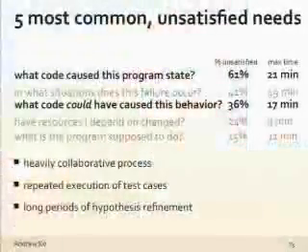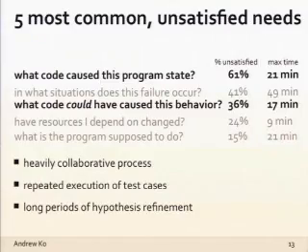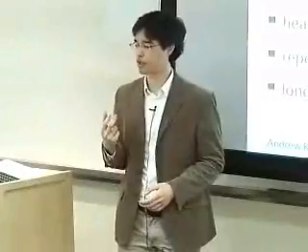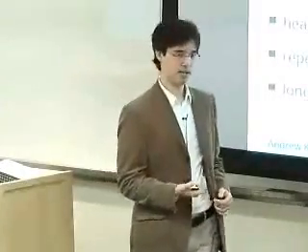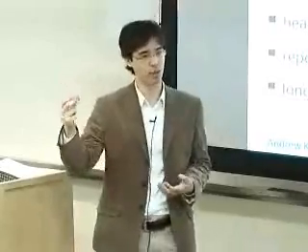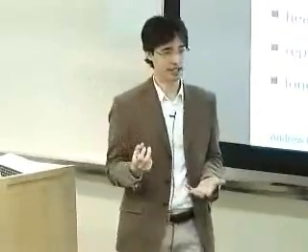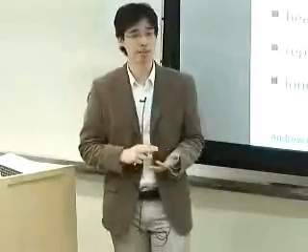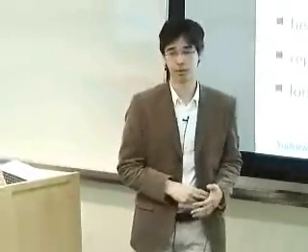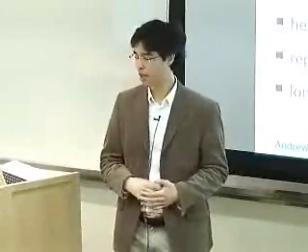And if we look at these, two of them had to do with this program understanding problem. The first one, and the most uncommonly found, was what code caused this program state? This is the classic notion of program understanding. Why did this variable get its value? Why are we here in the source code? How did we get here? Two-thirds of the time, people didn't find the answer to this question. They would spend up to 20 minutes looking for it before they moved on to some other task.